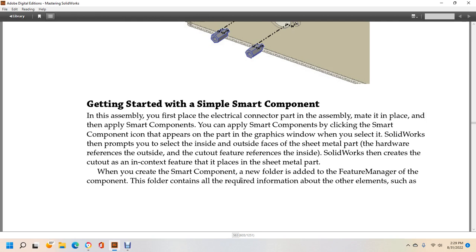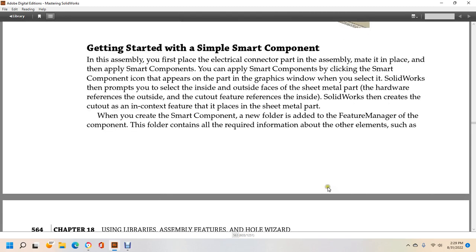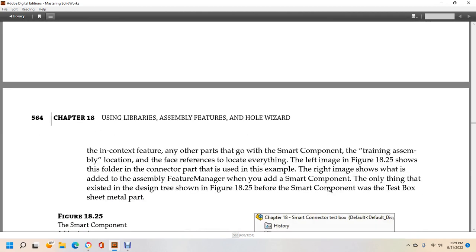sheet metal part. The hardware references the outside with the cutout, and the reference for the inside. SolidWorks then creates the cutout as an in-context feature in the sheet metal part. When creating a smart component with a new folder, the feature menu of the component has a folder containing the required information about the other elements, such as the in-context feature and any of the other parts